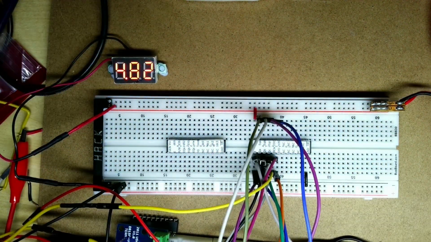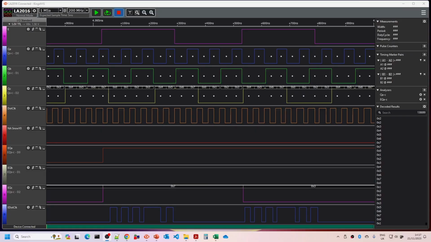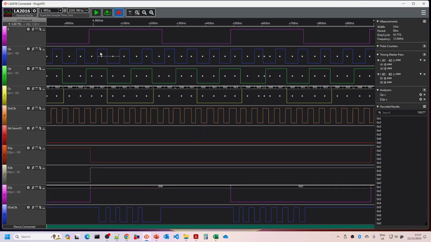Okay, so let's take a look at the logic analyzer and see what signals we're getting out of here. If I just run this, this is just taking a snapshot from the system running at the moment. What we've got up the top here is the E signal. This is the CPU signal, and the period when we're reading and writing to the video RAM is when this is high.